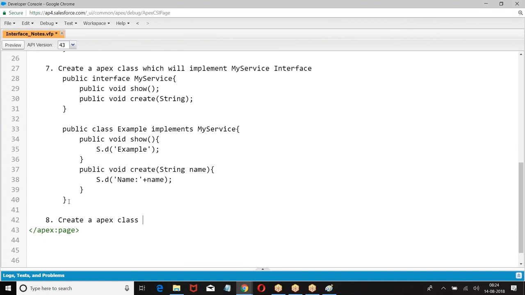Create an Apex class. Now, what is the advantage of this? The system will know where the logic is. If everyone follows the same names, say, boss, you want to get the data, that should be in start. You want to write the logic, that should be in execute. You want to send an email, that should be in finish. If everybody follows the same, then the system can understand where the data is coming from, where the logic is, where the email program is. If everybody follows the same, it's easy for us.